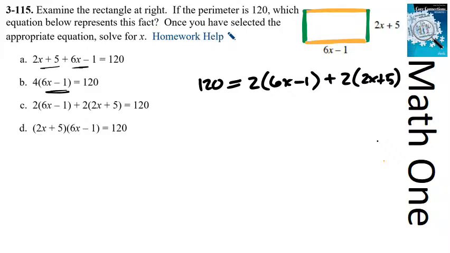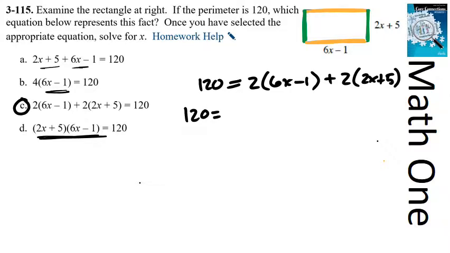Oh, and this one right here, if I multiply that, that would give me the area, right? Length times width would give me the area. So what I have here is C. C is the equation. And now if I solve this, let's see, I guess I can write